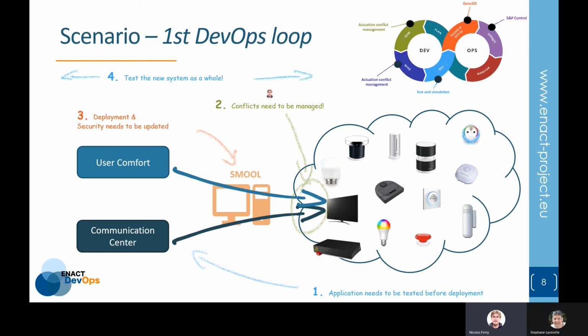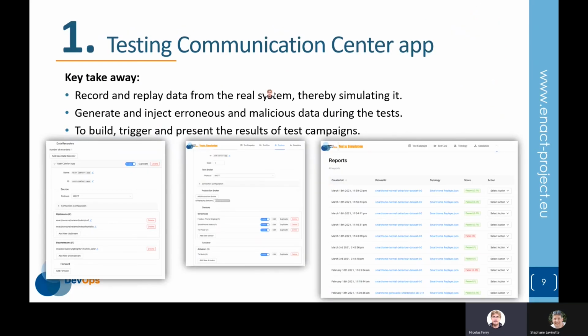So let's start first by testing our communication center application. For that, we will use a test and simulation enabler. So an important thing that you will see here as part of this demo is that first, we will see that we have recorded data from the real system, and we will use this data to replay and simulate the